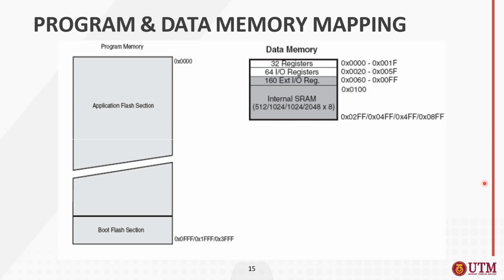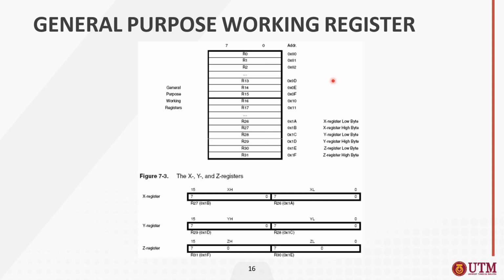Basically, the next part is regarding the registers. This is the general purpose working register. In the Atmega328, we call it the general purpose working register. It is a set of fast, directly accessible storage locations used to perform operations in the CPU. These registers are integral to the efficient operation inside your microcontroller or CPU. They execute instructions, and are used for temporary storage and data manipulation